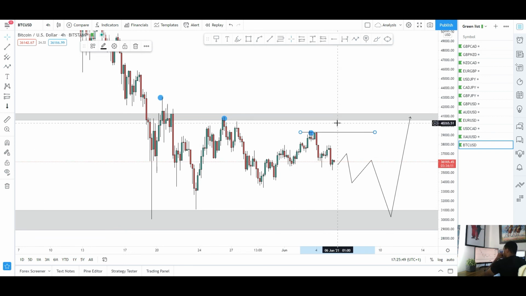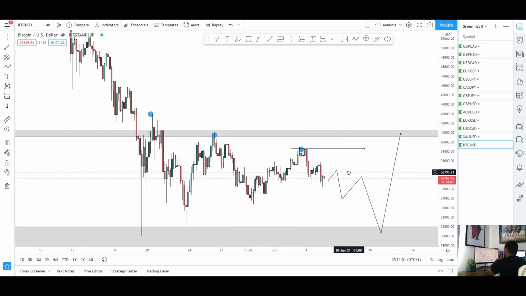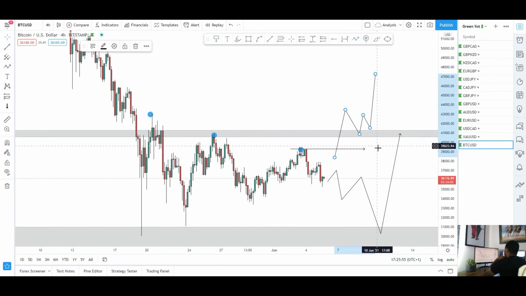If you start pushing on, forming higher highs, then can look to change the bias and see if you can get back above this level and look to go long from there. But right now we are